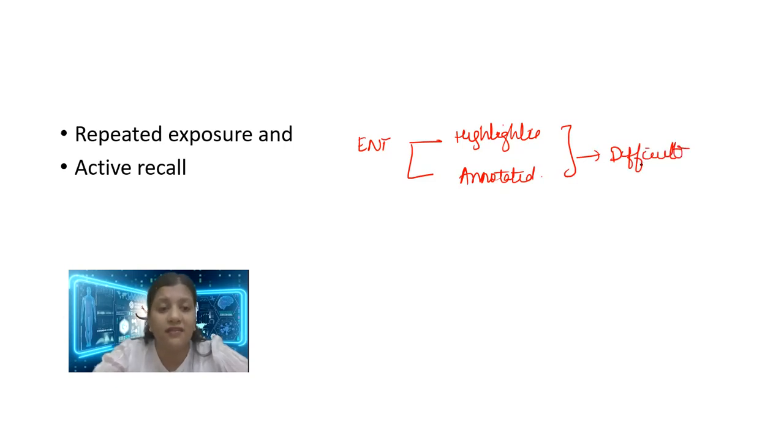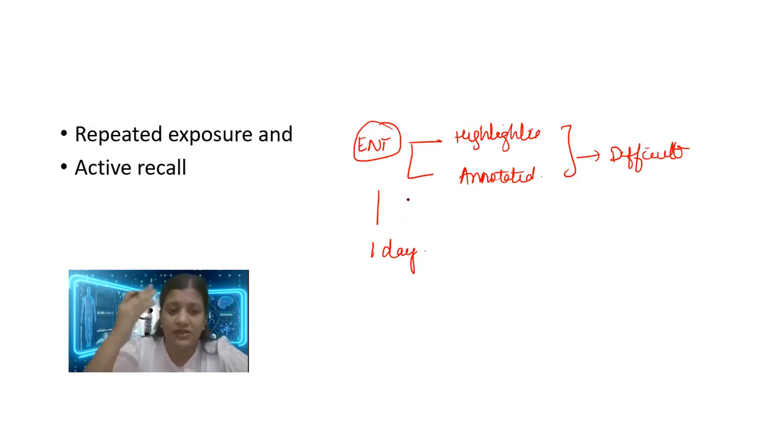Once you have done the difficult topics, at least once in 3 months, assign one day for this particular subject. It could be ENT, it could be ophthalmology, it could be SPM, whatever. 1 or 2 days, and just flip the pages of the book. Once you flip the pages of the book, you will still be able to understand what you know and what you don't know, and what you don't know, spend some time on that and try to recall or regain that subject. So repeated exposure is again very important, and active recall.